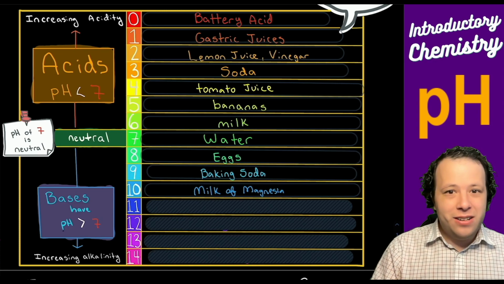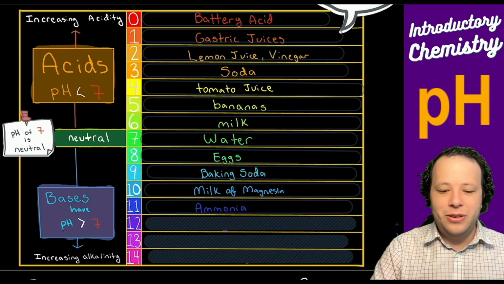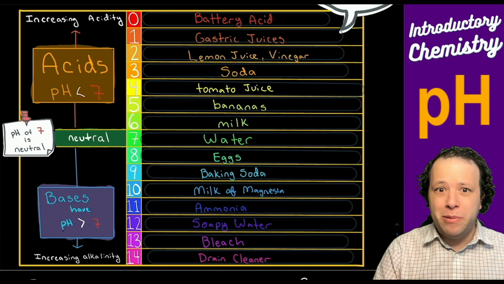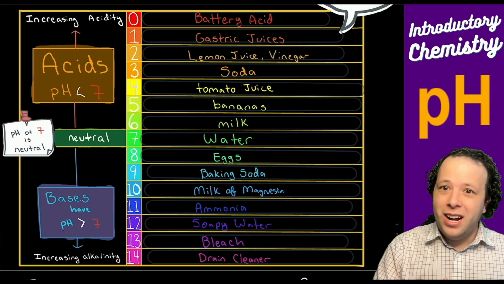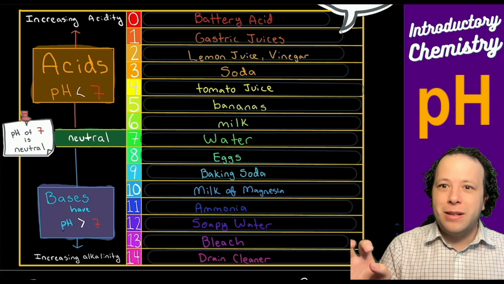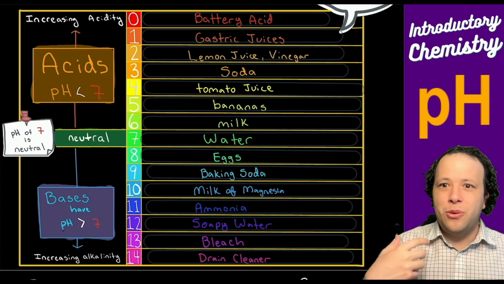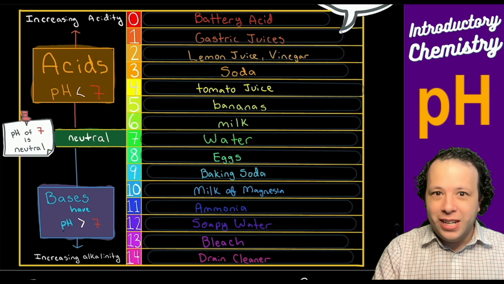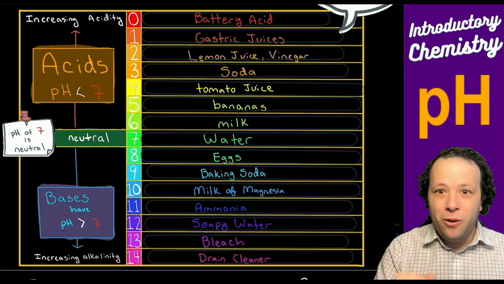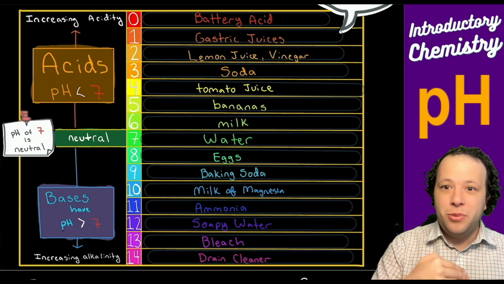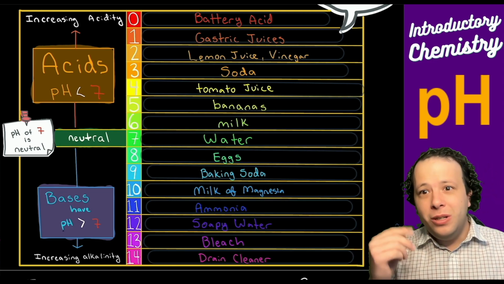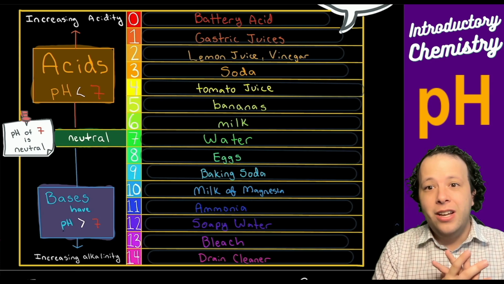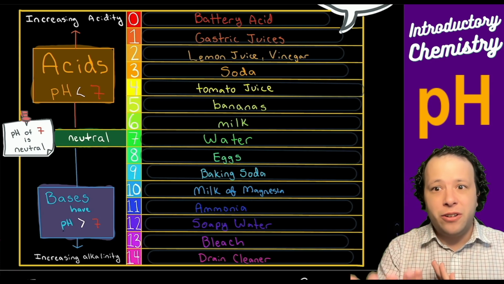As you go farther down, there are more things that are cleaning products that you use to clean your home, like ammonia, maybe soap, bleach, drain cleaner. These are higher pHs because they are something that's going to break down a lot of those oils and fats and things like that. So this is what we're going to be looking into and trying to understand how this scale works as we go from 0 to 14 and what different calculations might apply to you within your chemistry class or your introductory chemistry or your general chemistry course.